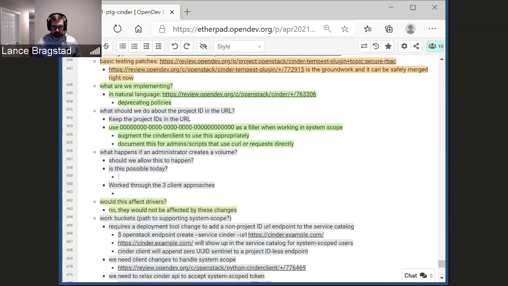I can try and write this up and then distill the buckets of work down into something a little bit more concise, and then maybe we can look at that again and see if that's something that we can actually achieve in Xena. But at least initially, technically all the project persona work is ready to go. If Cinder wanted to get an early win, for example, and support the project reader, project member, project admin, as in what project admin always used to be, all of that stuff is pretty good to go.